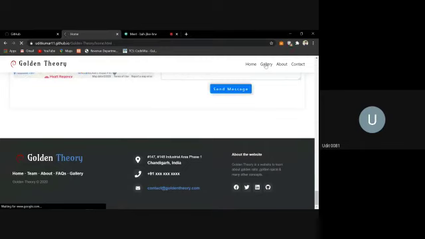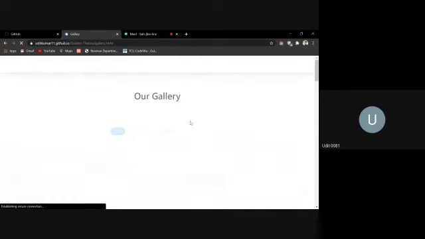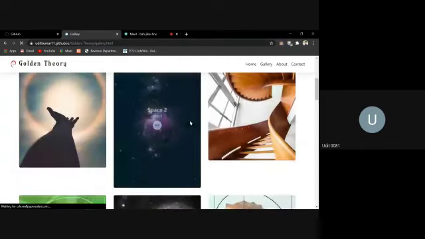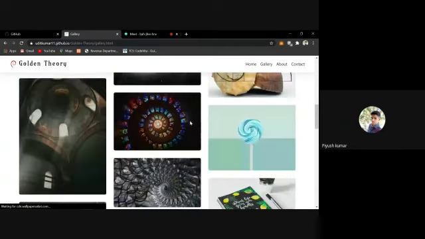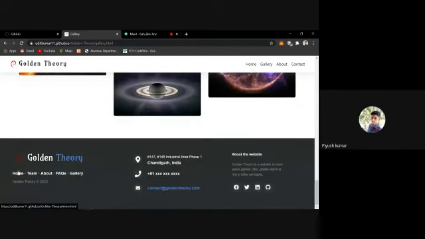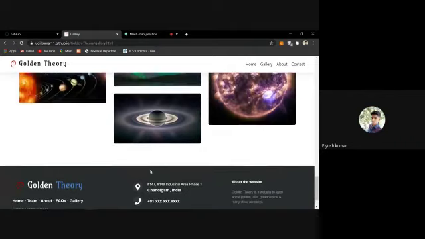And now comes the footer. As we have told you, it's simple, and we have done it. So we are done with the project, and here we also have the GitHub icon. I just forgot to link my GitHub repository to this GitHub link, but later on I'll do it. That's all.